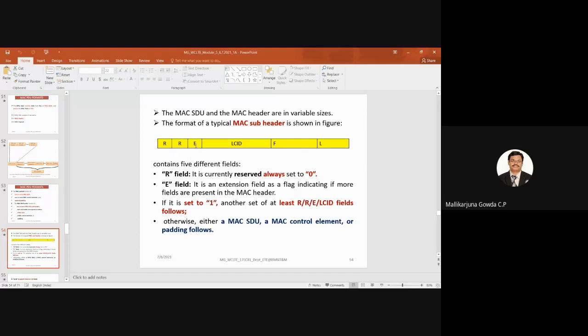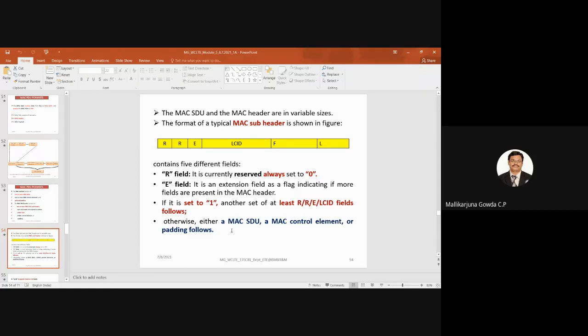Then the E field is an extension field, a flag indicating if more fields are present in the MAC header. If this E field is set to 1, then another set of at least R, E, LCID fields follows.